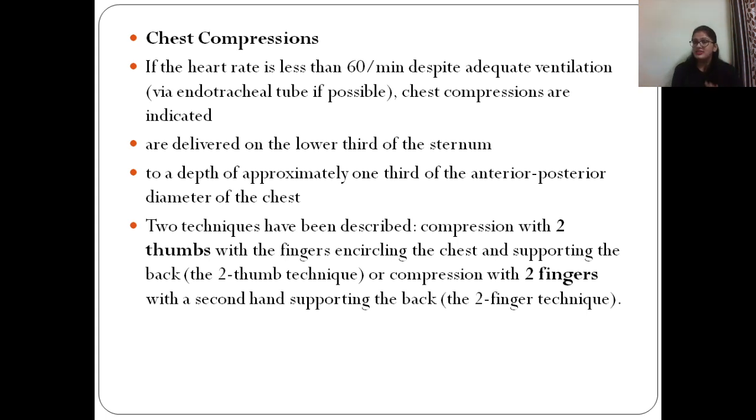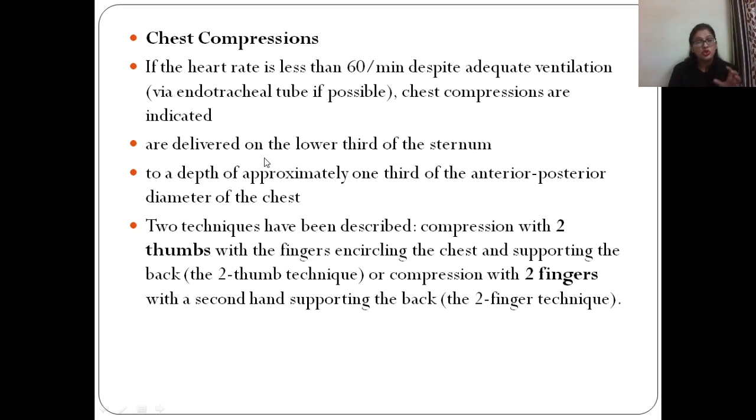Now when I started my lecture, I told you have to remember two heart rates. The first heart rate is 100 per minute. That is the time when you initiate positive pressure ventilation. And the second is 60 per minute. That is when you initiate chest compressions. So chest compressions are to be initiated if the heart rate is less than 60 per minute despite adequate ventilation,